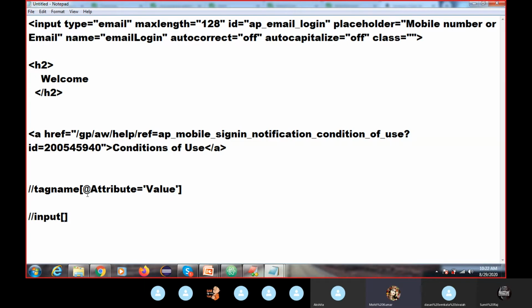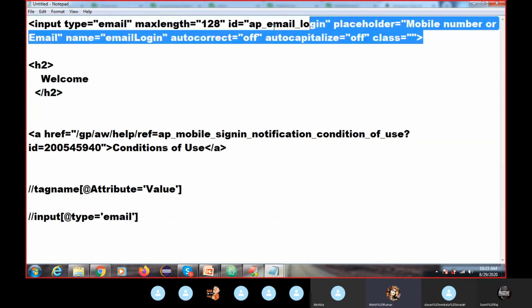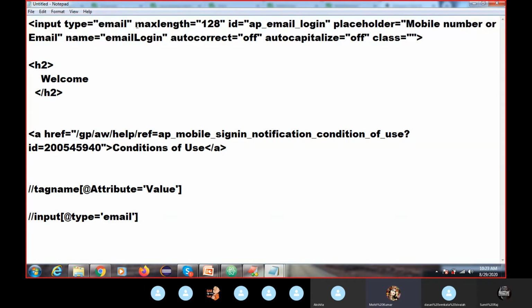Then comes the attribute with the at-the-rate symbol, so you have to give the @ attribute. This is called your attribute, type, and this is your value. In this input, the HTML has multiple attributes, and you can use any attribute.